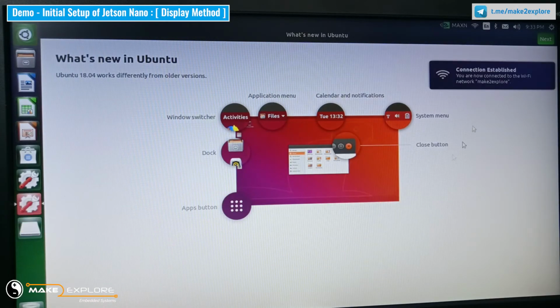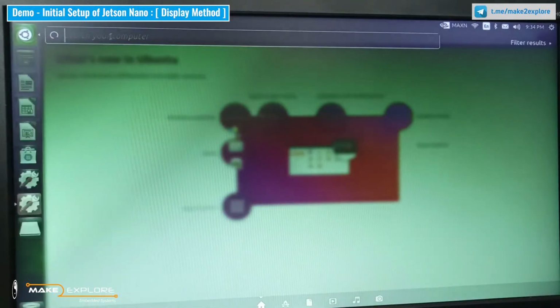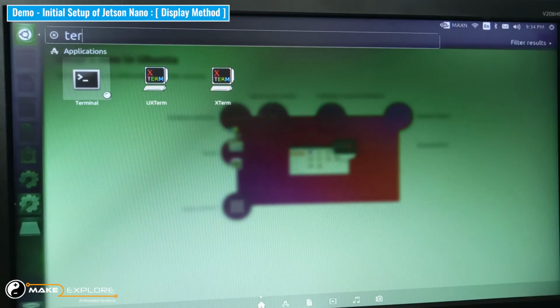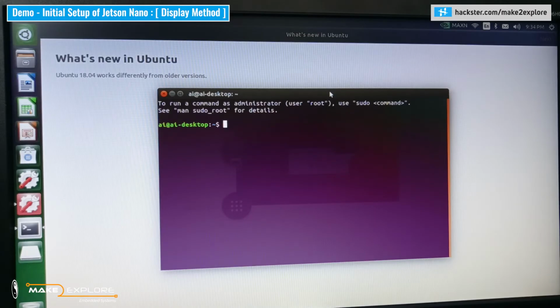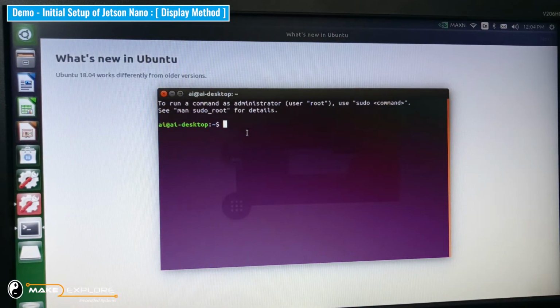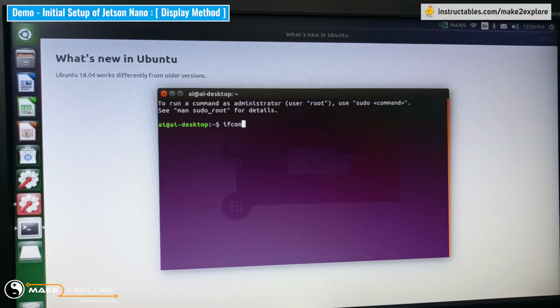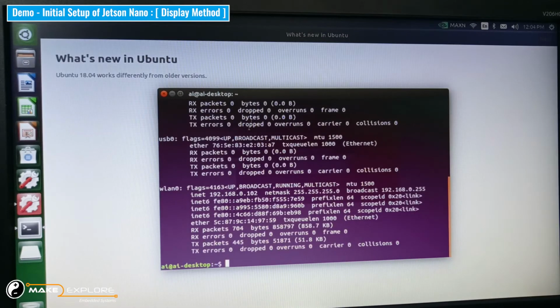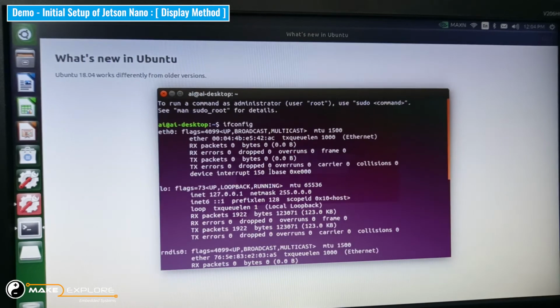If you have connected to your Wi-Fi, then go to the terminal and run the ifconfig command. You will get the IP address of your Nano, as in WLAN, since we are connected wirelessly using Wi-Fi. So, this is the IP which is assigned by our router to the Nano.